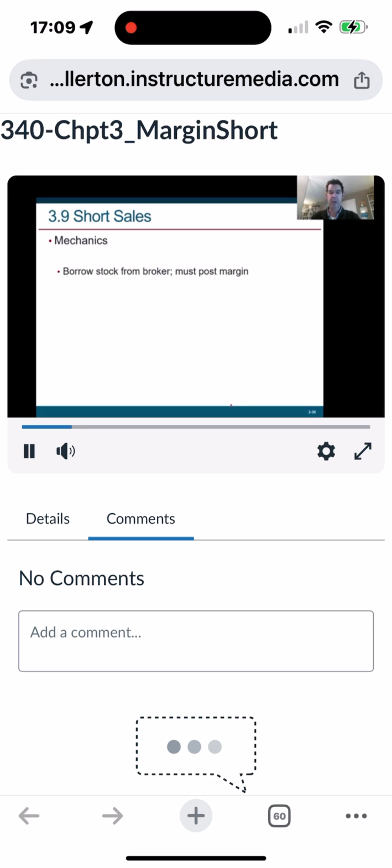Mechanics of this, I just sort of went over it. Let's say I want to sell shares short. What happens? I borrow the stock from the broker. That's like a loan. So in that case, I must post margin, and we're going to go through the margin calculations here. But that's the loan. Instead of borrowing money from the broker, I'm borrowing shares. Okay, so I borrow those shares, and then I sell those, right? I go through my broker and say, hey, sell the shares. So the broker sells the shares and deposits the proceeds in your account.